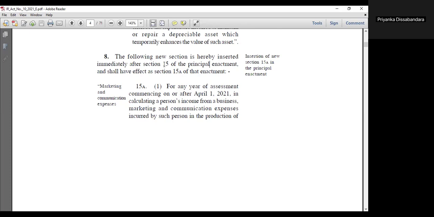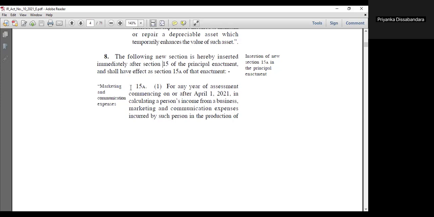In the original act, we have section 15 and section 16. If we want to insert a new section in between those two sections, that means section 15 and 16, what we have to do? We have to introduce a new